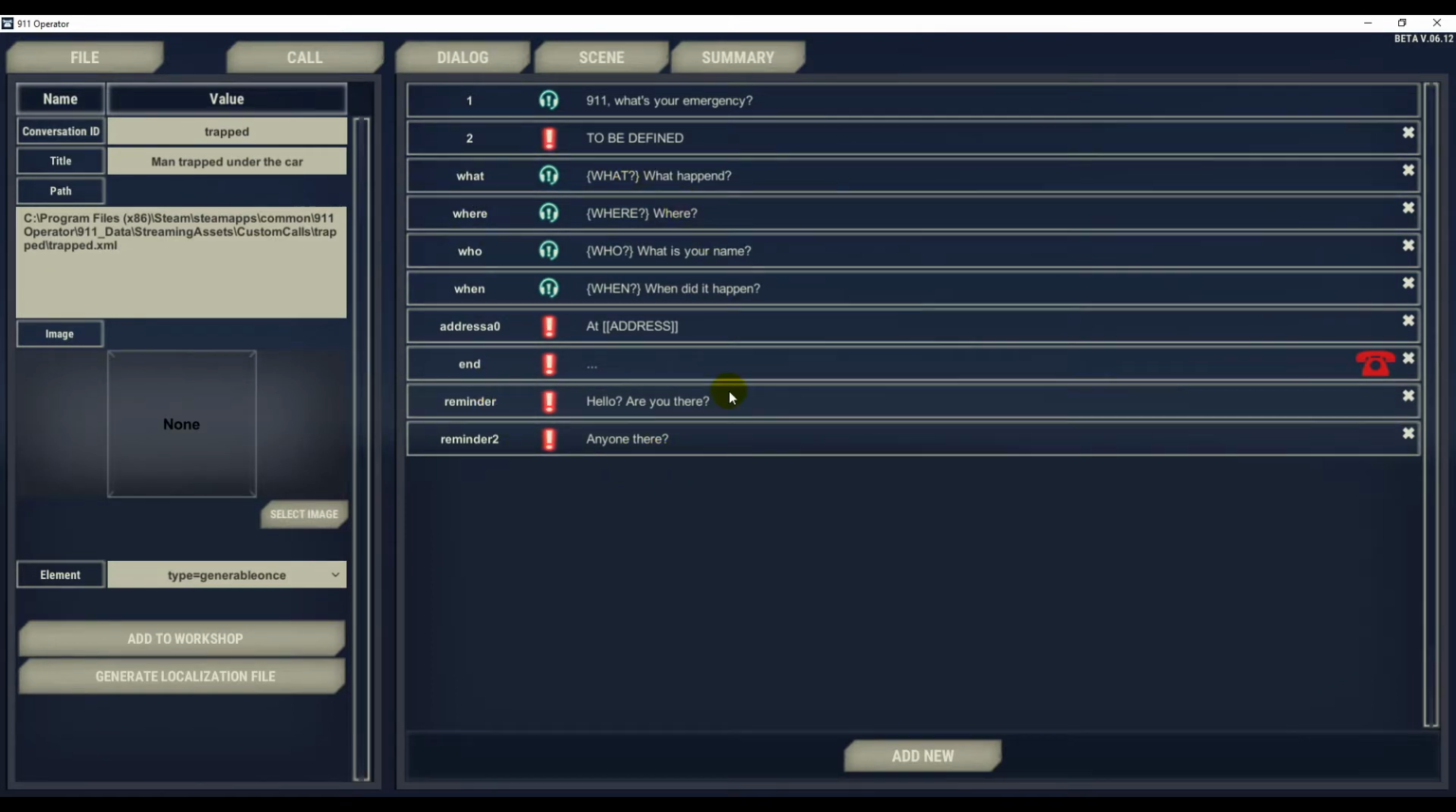So here we have our call created, and we added a basic template with the most common questions to help with starting writing your own call. So there are basic questions like "911, what's your emergency?", or "what happened?", "where?", "what is your name?" or "address?". These are basic elements that every call should consist of, and that's why we added them in our template. So let's click on option ID 2,